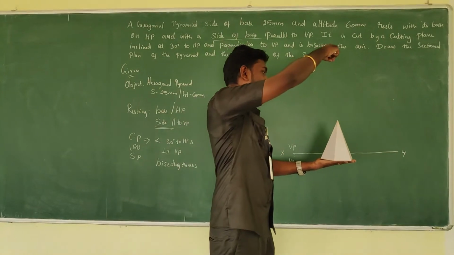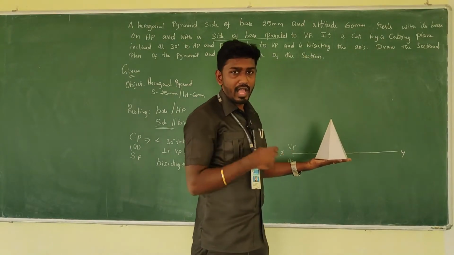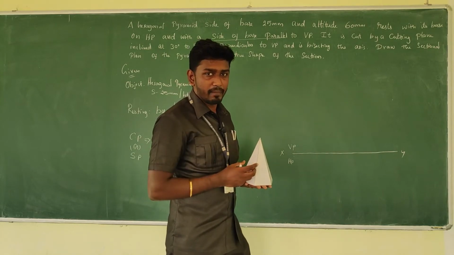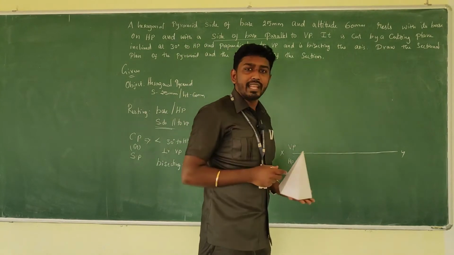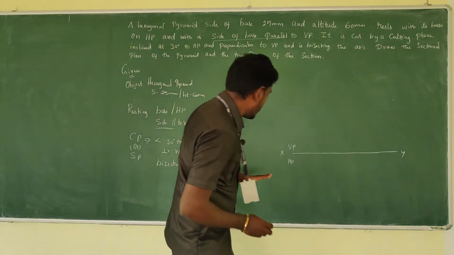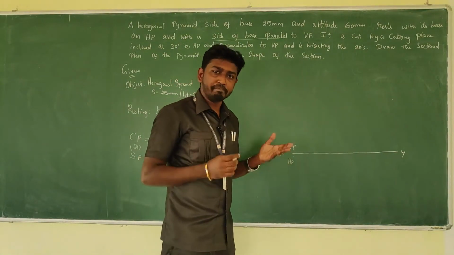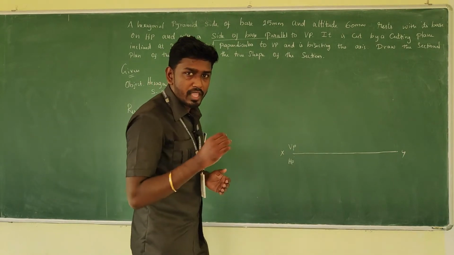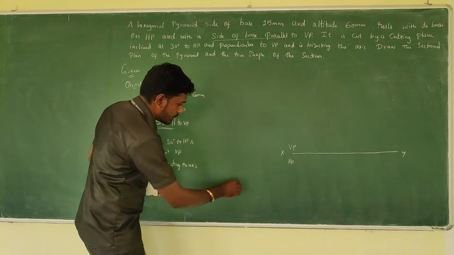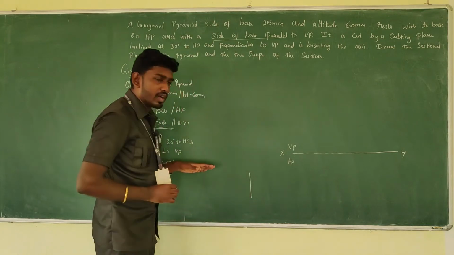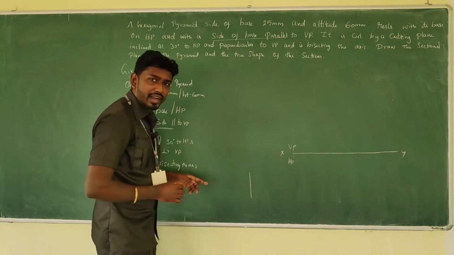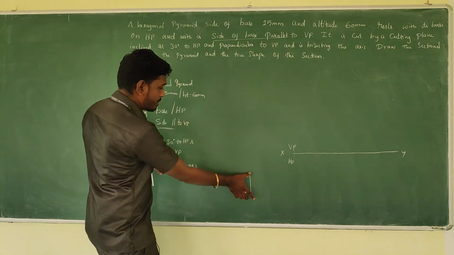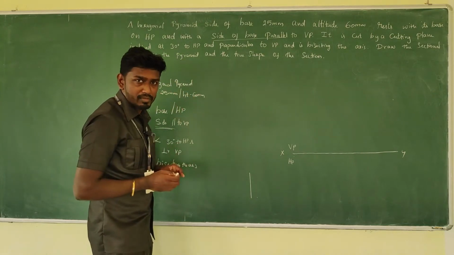For which we can take the observation from the top and the front view, and then we can cut the object and see the section. In the top view we can get the true shape of the base. We know the procedure to draw the hexagon, that means by the circle method. How will you make it? First of all, you draw the edge, and afterwards we need to find the center for it. Am I right? The side is 25 mm, so we need to draw a line of 25 mm, right?